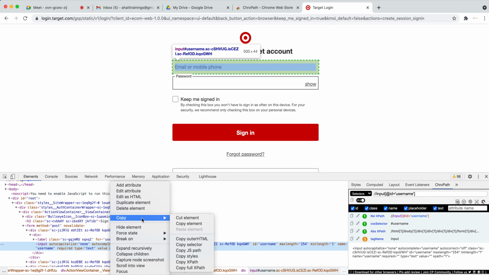Even when you go here, it is showing copy full XPath, copy XPath, copy styles, copy JS path, copy selector, copy outer HTML. But always first go for XPath. So capturing the element using XPath is a good strategy.